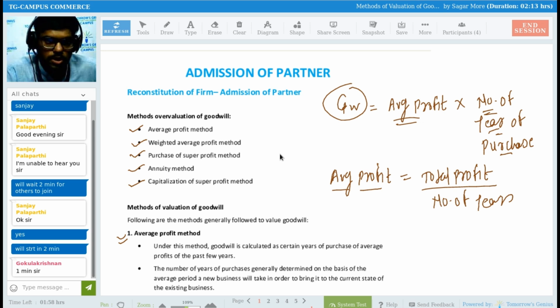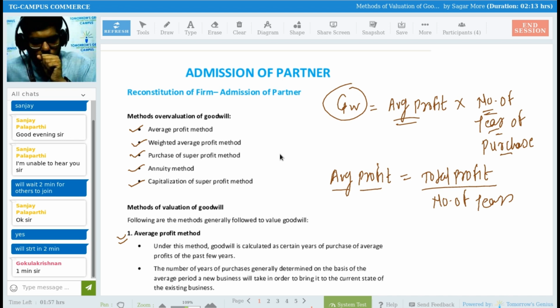It means you have to incur more salary in the future, right? You have to pay 3 workers' salary more in the future. So that is your future expense, right? Wherever there are future expenses or future losses, we have to subtract them from the average profit. So I need to calculate average adjusted profit. When calculating average adjusted profit, if any future expenses are there, I need to subtract those future expenses.